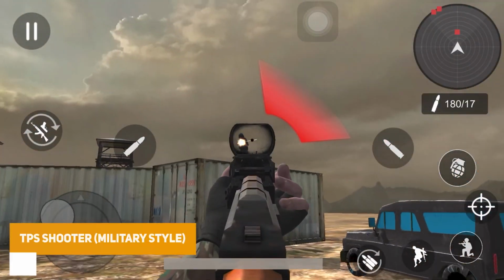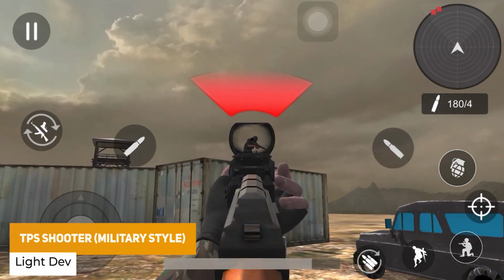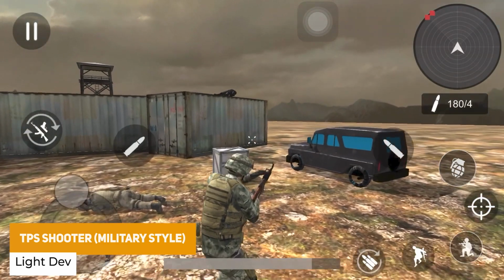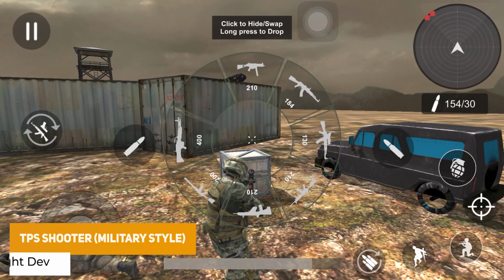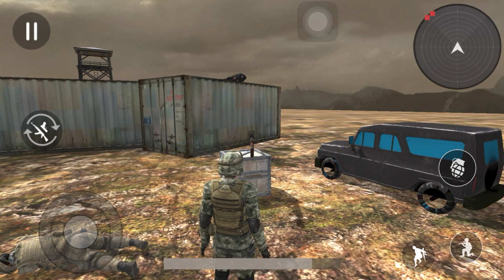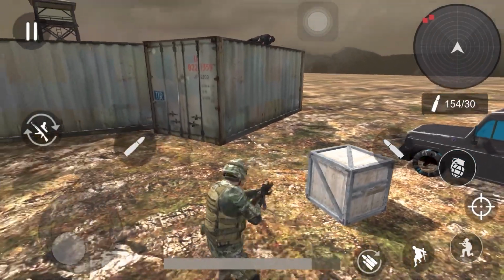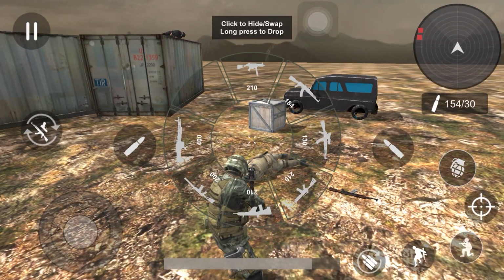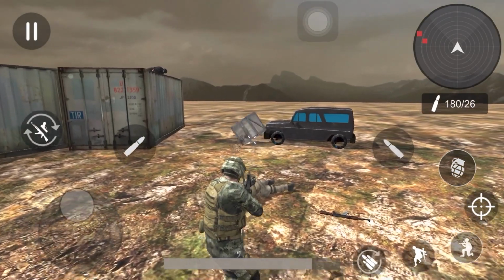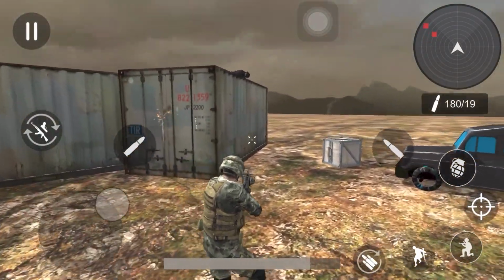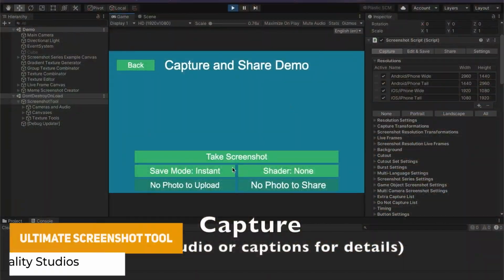The next one is the Third Person Shooter Military Style, and this is a kit which works out of the box specifically for mobile and desktop, and it's easy to use with a UI framework, camera state machines, a hands-free mode, lots of different systems for ammo and health pickups, weapon reloads, changing weapons, and then we have the Ultimate Screenshot Tool,